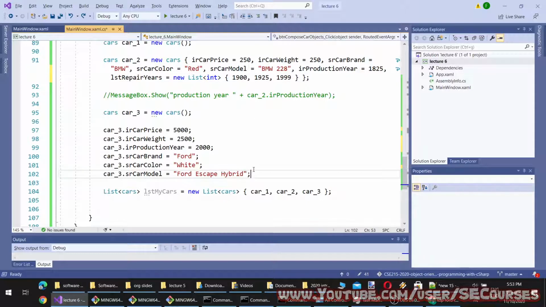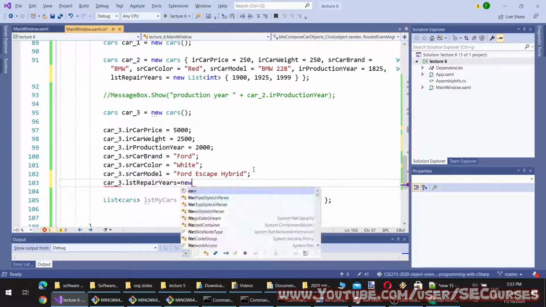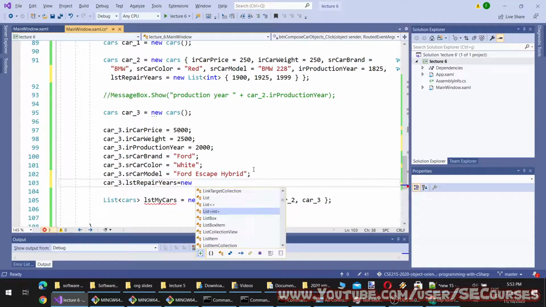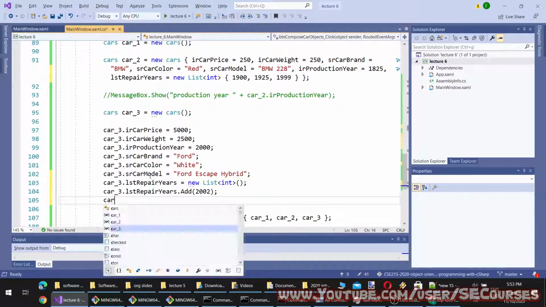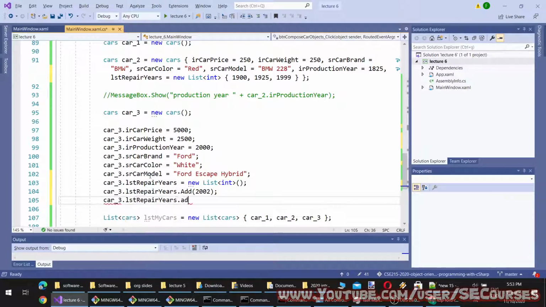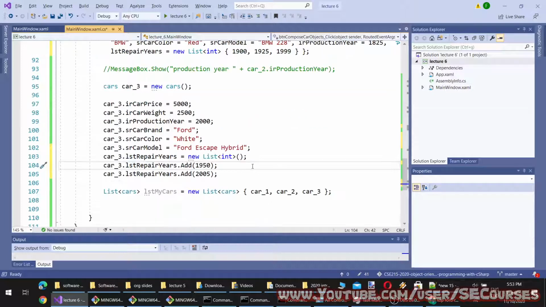And I'm going to set car3 repair years like this, and then years at 2002, and car3 repair years at 2005. Okay, I'm going to show you something else as well.